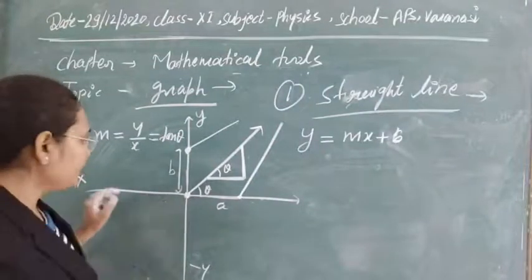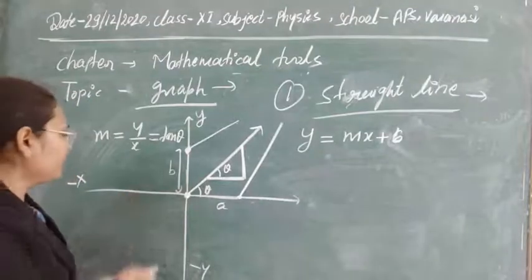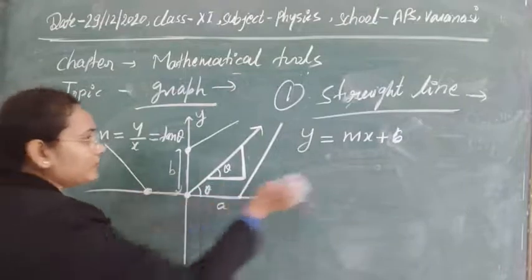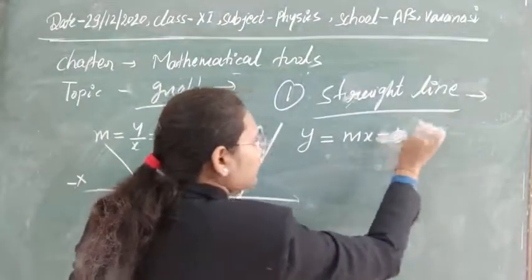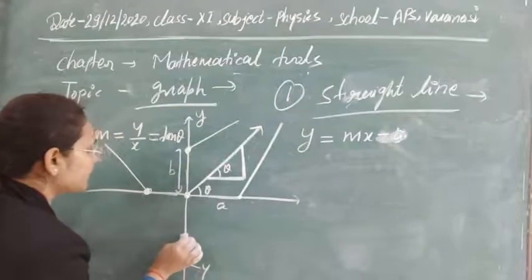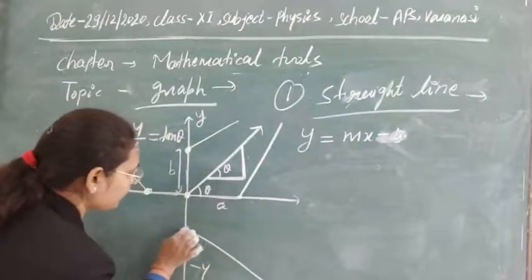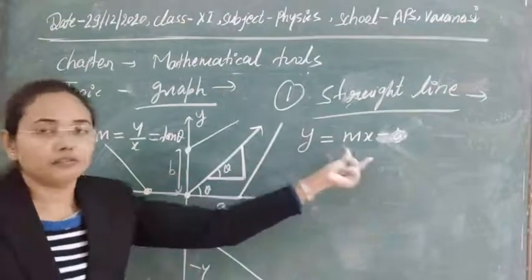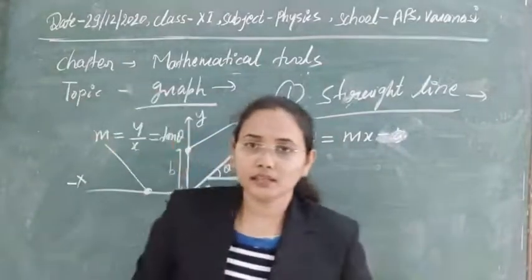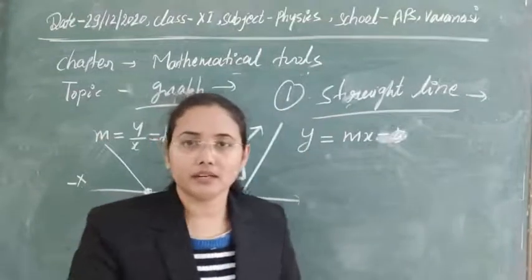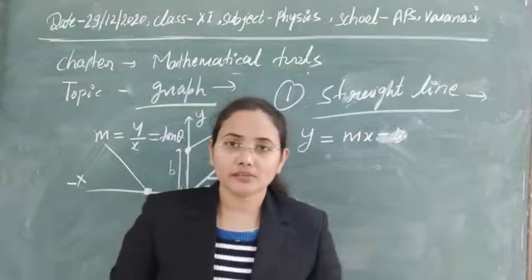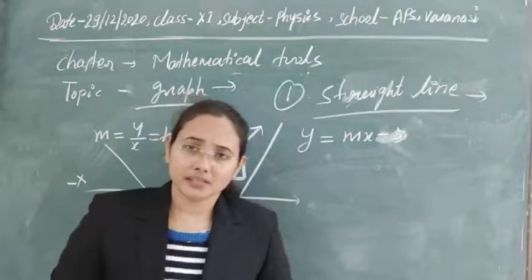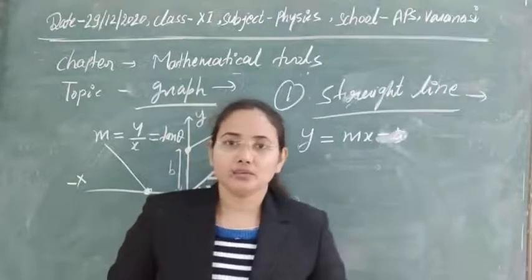If intercepts are formed in the negative x direction, such types of intercepts, in this case this value will be something like minus a. And if the line is formed in this way, here also we are getting negative intercepts in y. So now students, I think all the concepts of the straight line are clear: what intercepts are, how you can represent the straight line, and how you can understand its equations. I think there is no confusion.